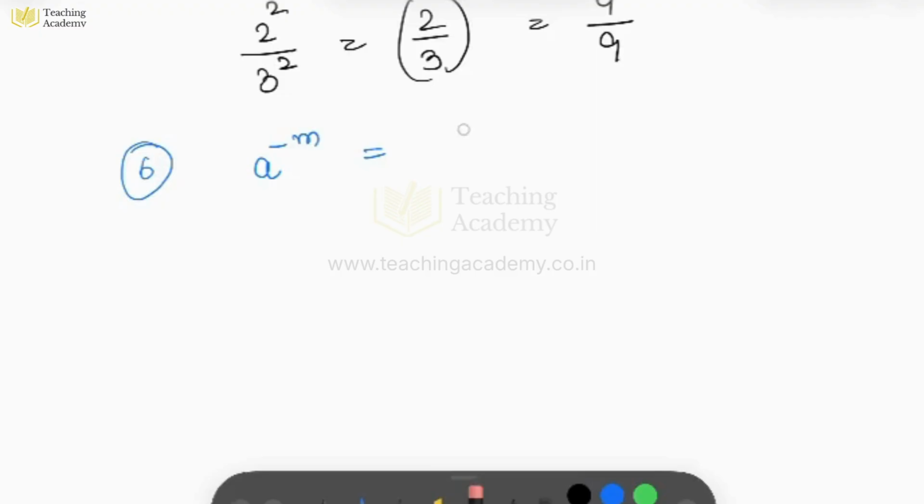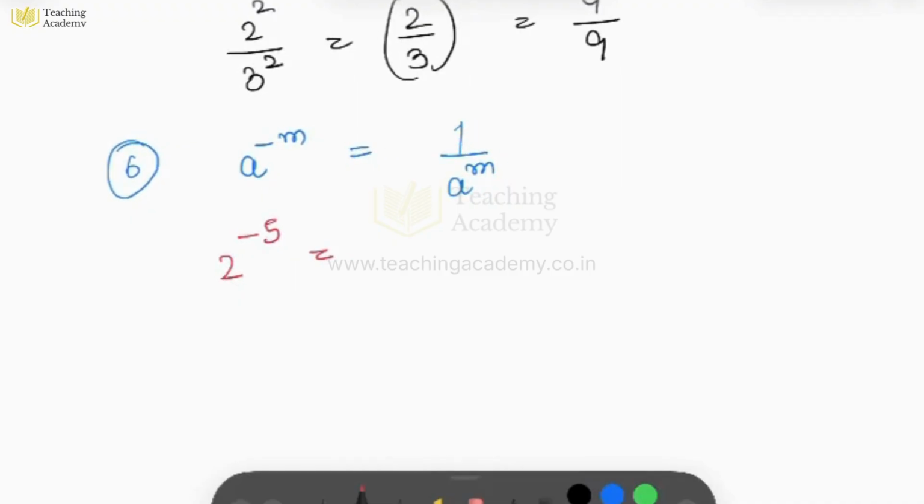So it is going to give you 1 over a to the power m. Okay. So let's understand it better. If I'm writing 2 to the power negative 5, that means if I want to make a positive power here, or the positive index here, I'll be writing it as 1 over 2 to the power 5